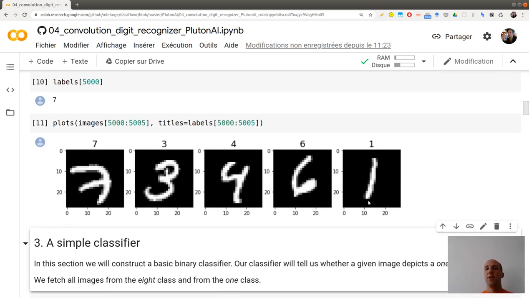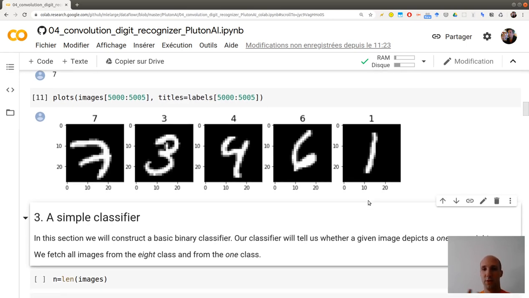So what we will do here is try to do a binary classification. I choose to do binary classification because it's easier to explain things when you have only two classes. So you will try to classify only two digits, namely the class of 8 and the class of 1.